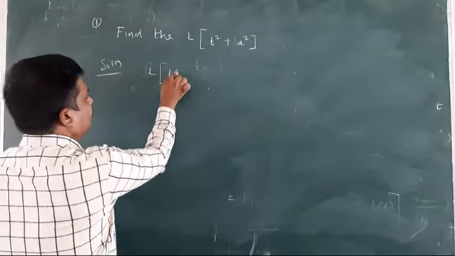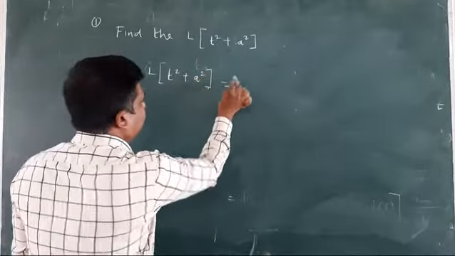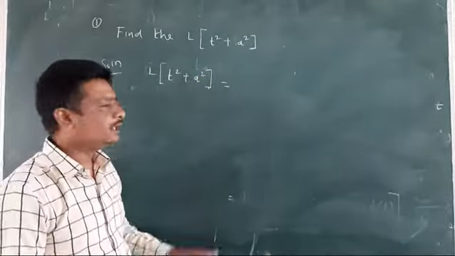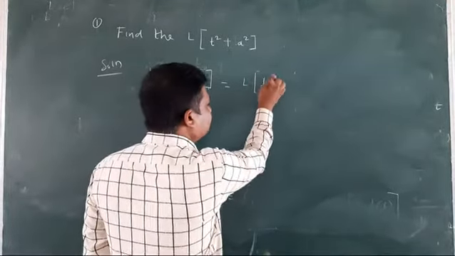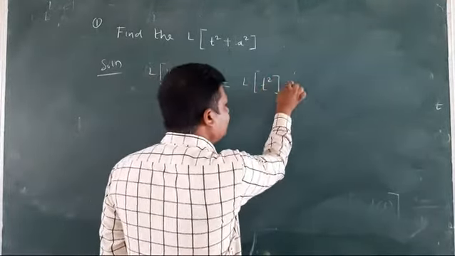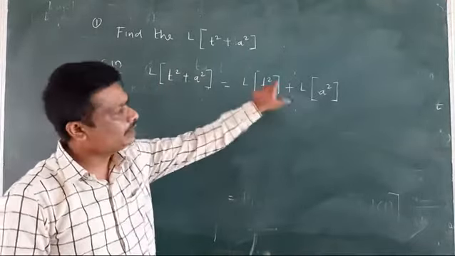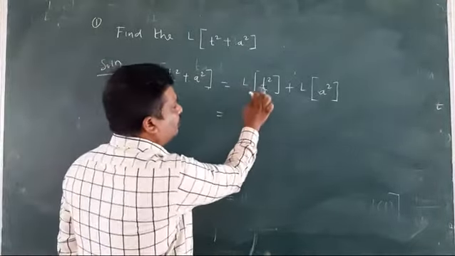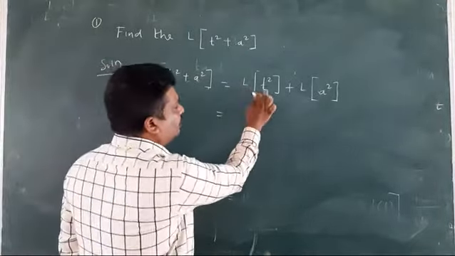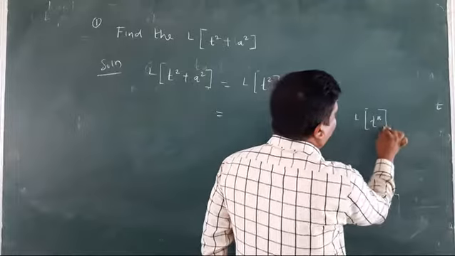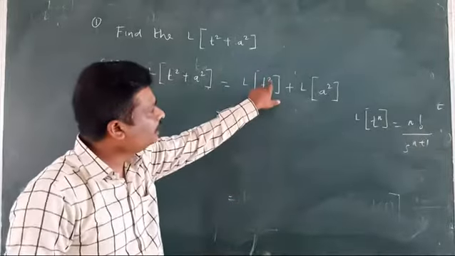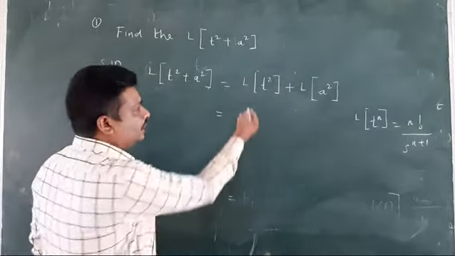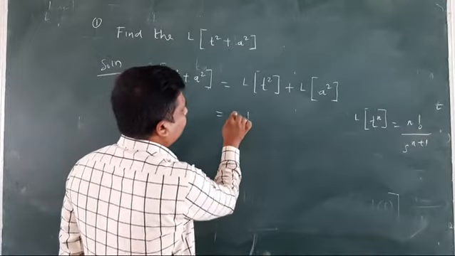Laplace transform of t square plus a square is equal to, I will apply the linear property. Here we are having two functions. So first, Laplace transform of the first function plus Laplace transform of the second function. L of t square plus L of a square. So L of t square, for this function I am going to apply the formula L of t raised to n, that is n factorial upon s to the power of n plus 1, because here the power is an integer. So it becomes 2 factorial upon